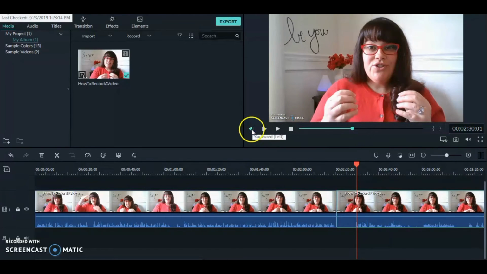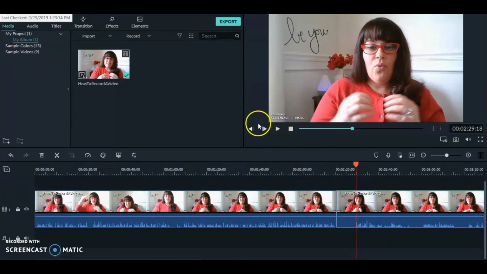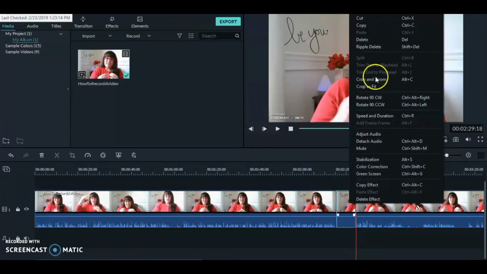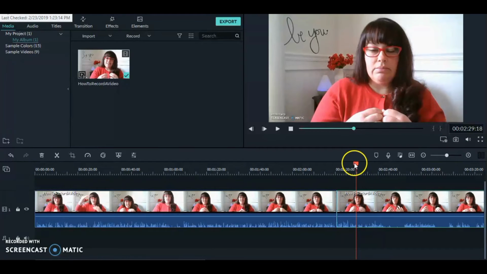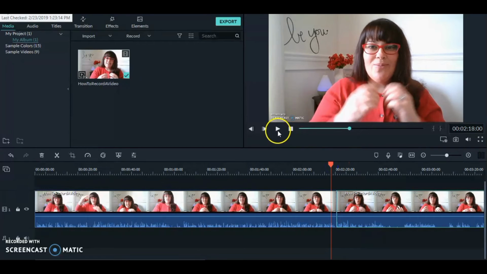You could also use this, it will take you back just little bits. So now I can see I'm just starting to say once. Go over here, use my scissors, clip it. Now this middle part I know I don't want, so I can right click and delete. Then I'm going to just click and drag and pull it back together. Now when I listen to this,